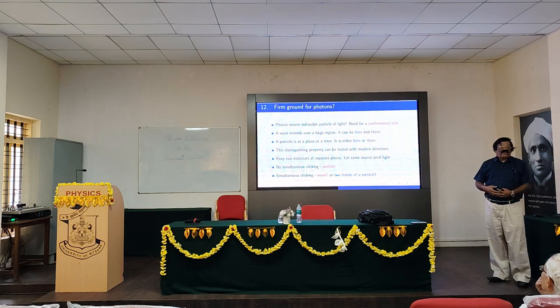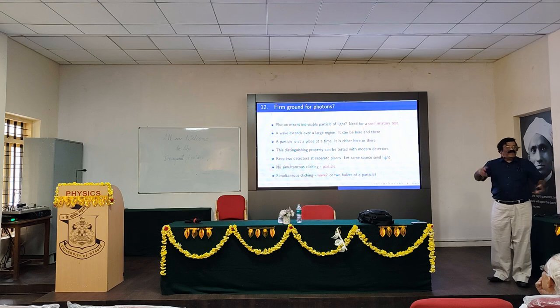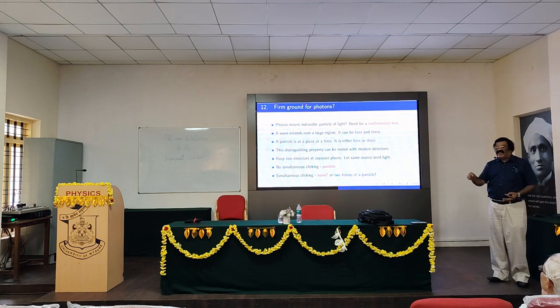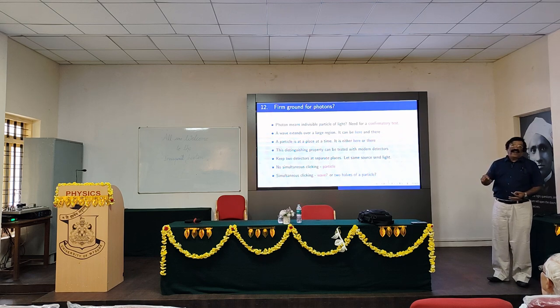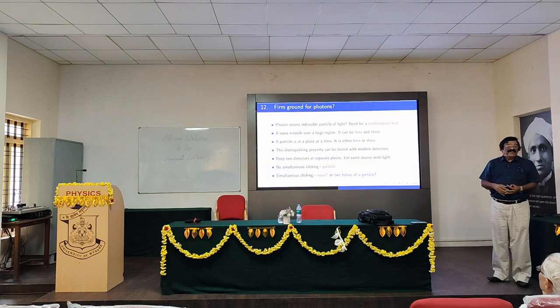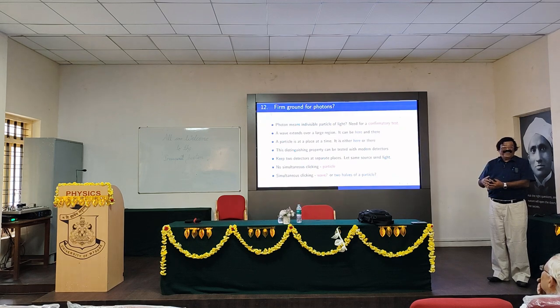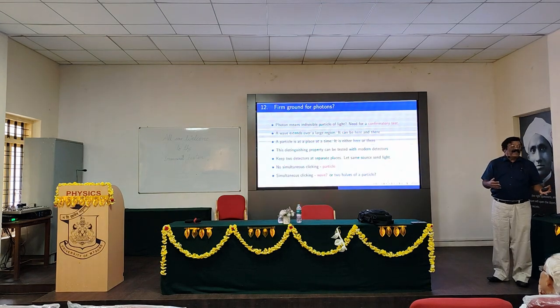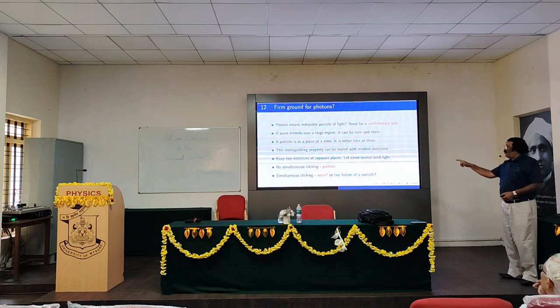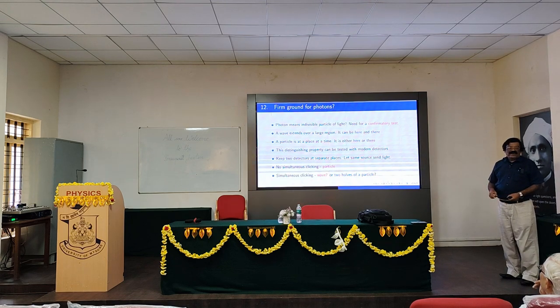So if somebody asks you where is a wave, you will say a wave is here also and there also. But whenever you are talking about a particle, it is either here or there. So whereas a wave is here and there, a particle is here or there. You need not go to a high research physicist to distinguish between wave and particle. Any common man will also agree with that preliminary notion for light. So this distinguishing property can be tested with modern detectors.